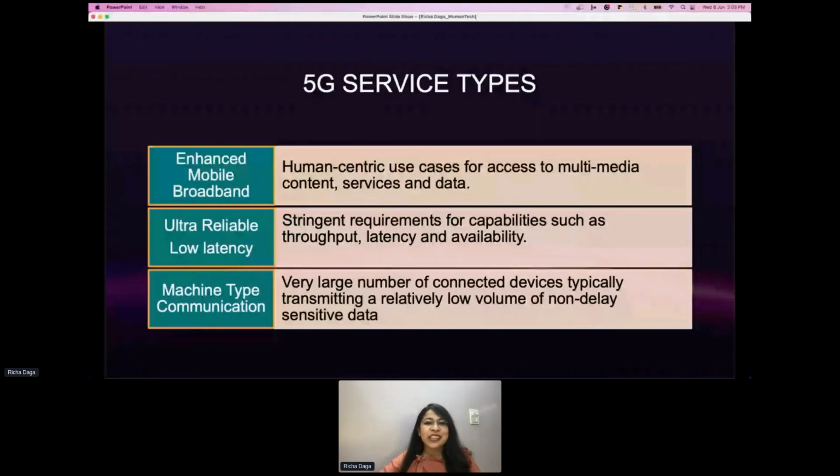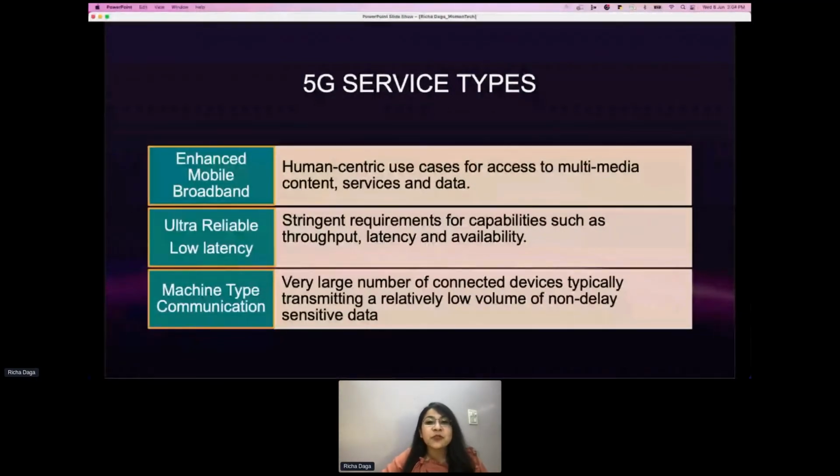So these are the use cases that you can see on the screen. Mobile broadband. It addresses the human-centric use cases of 5G for access to multimedia content, services, and data for better and faster connectivity to handle higher quality video content. So, eMBB, that is enhanced mobile broadband, is a natural evolution to existing 4G networks that is faster and will provide a better user experience than current mobile broadband services. The key criteria which is enabled by this use case is seamless coverage.